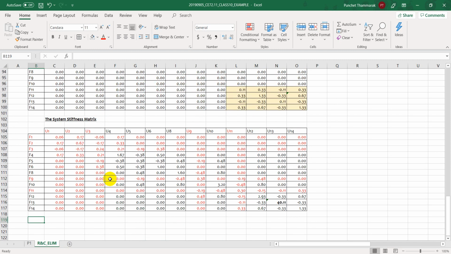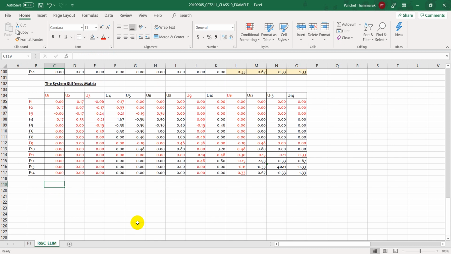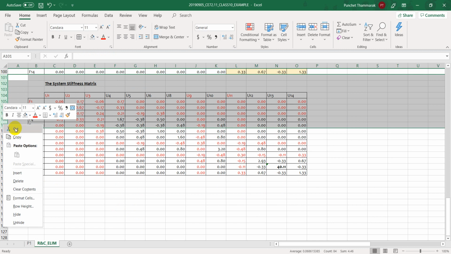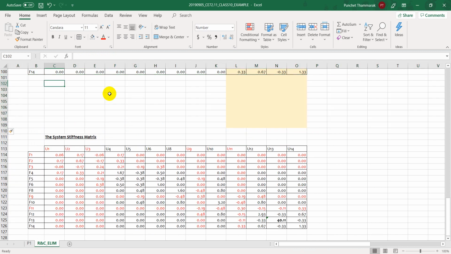So the stiffness matrix of the rotational spring, I think I should add rows over here. The stiffness matrix of a rotational spring